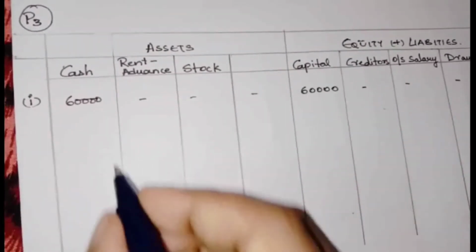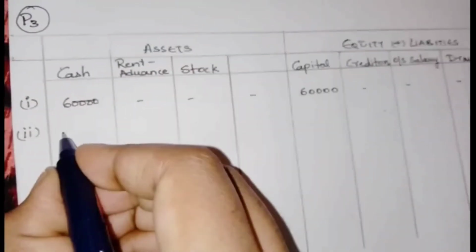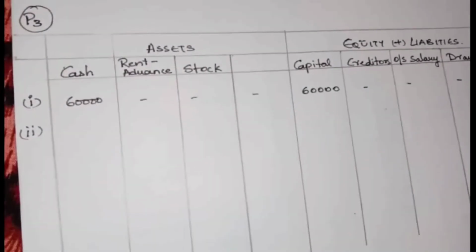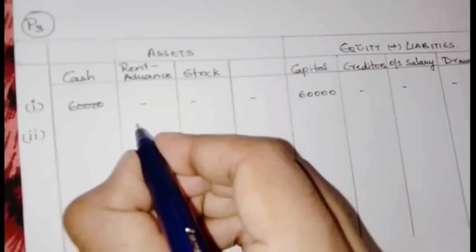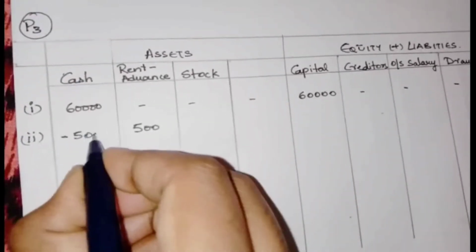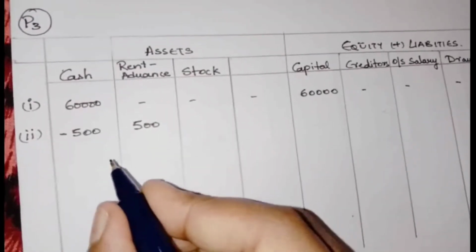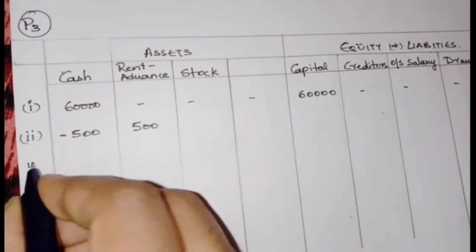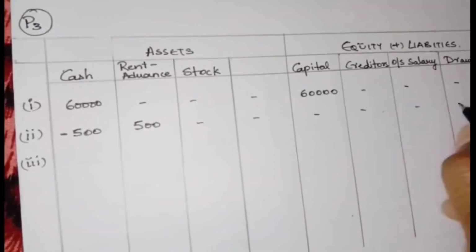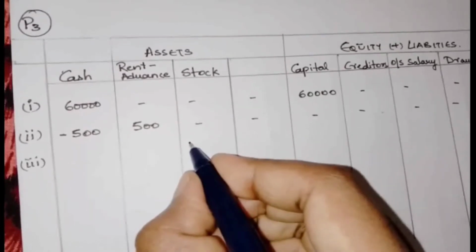Commenced business with cash rupees 60,000. That is, Suresh commenced business with cash 60,000. Add up the capital and cash with 60,000. So do the total columns. Okay, so rent paid in advance. The future liability is being paid today, so it is an asset to the business. So add up the asset value by 500. Since we are paying in cash, reduce the cash by rupees 500.